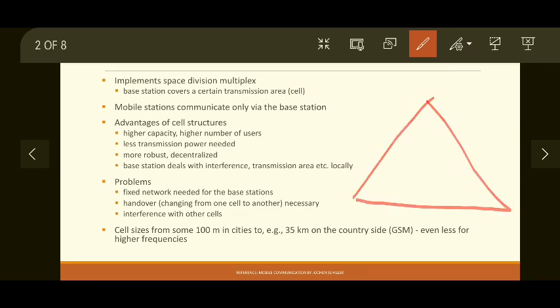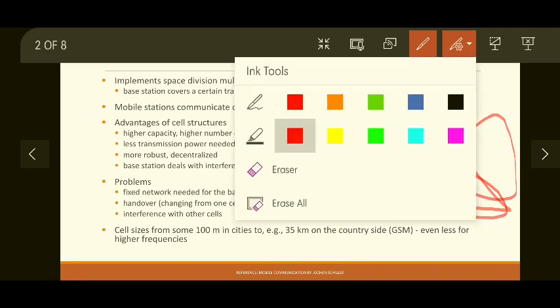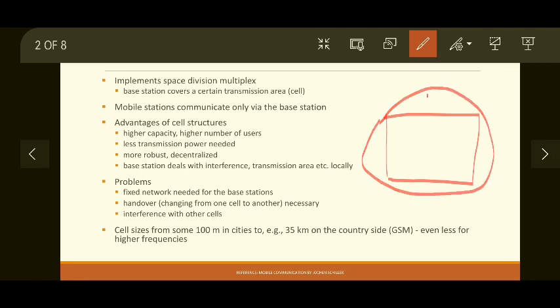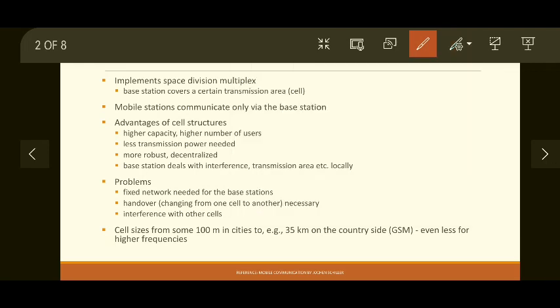If we take a triangle, at the center we have an antenna and each direction is covered by a beam, then the shape may be a triangle. But in the case of a triangle, the amount of area which is not covered by the radiation will be more, like this. So the triangular pattern is not desirable. Let's consider a rectangle. A rectangle is also not closer to the circular because a lot of area remains uncovered in the rectangle's case also. You can take a pentagon also. You can take several other shapes.